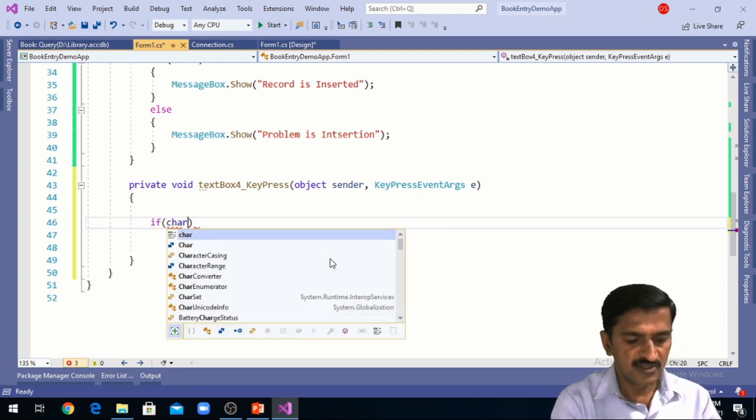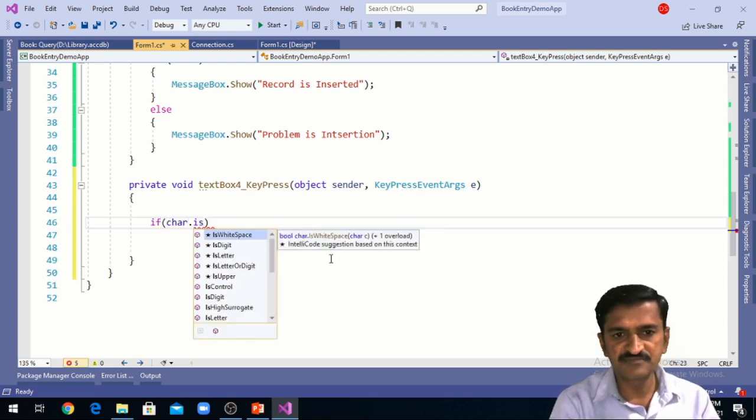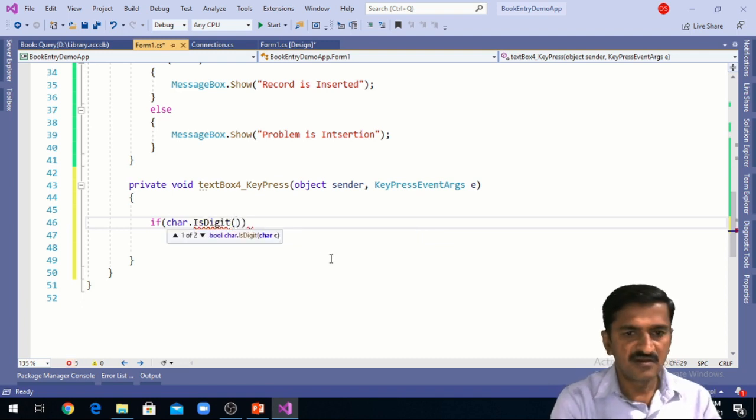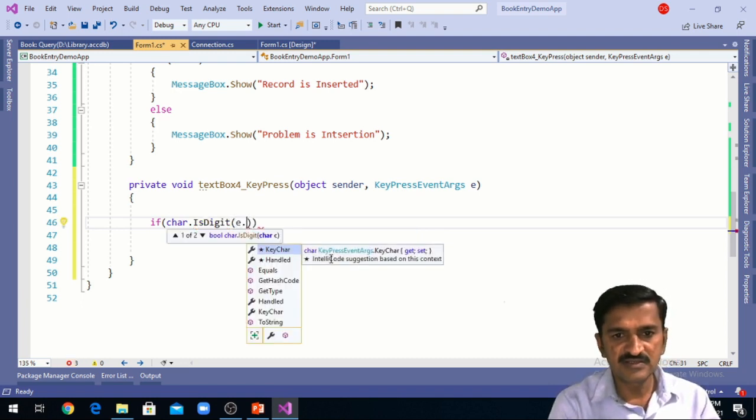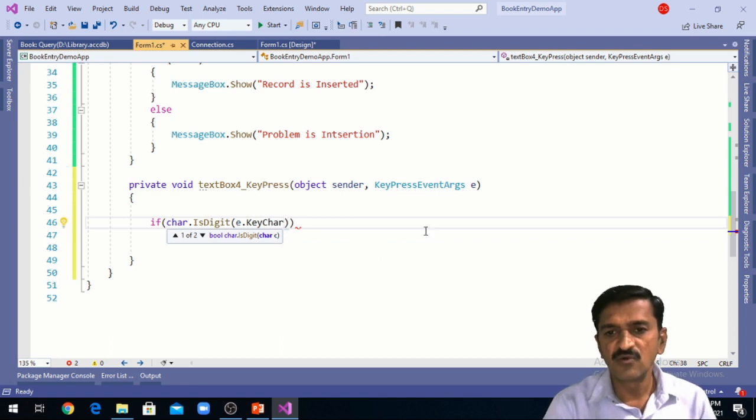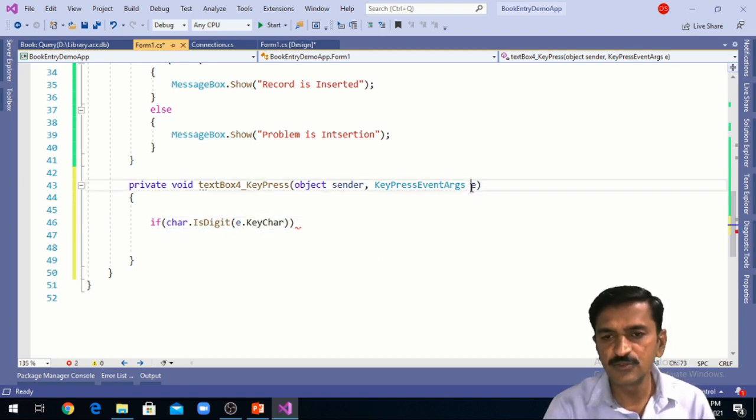Char.IsDigit(e.KeyChar). It means whatever key we have entered into this text box is there in the e object.